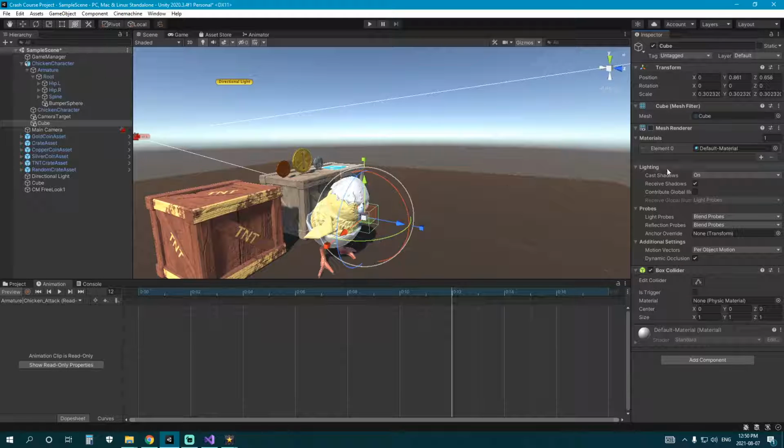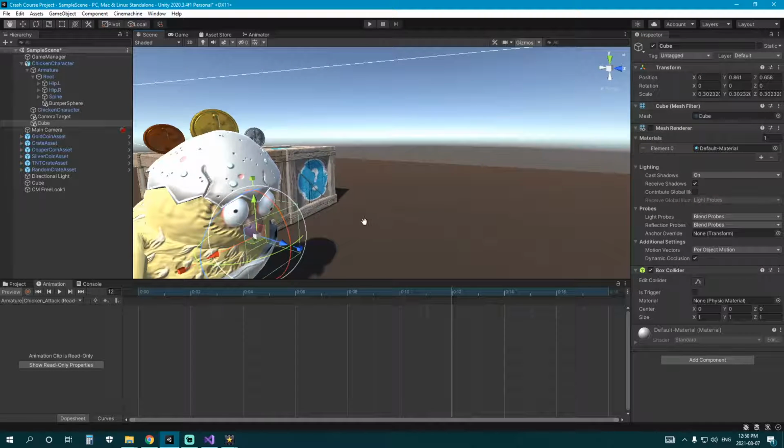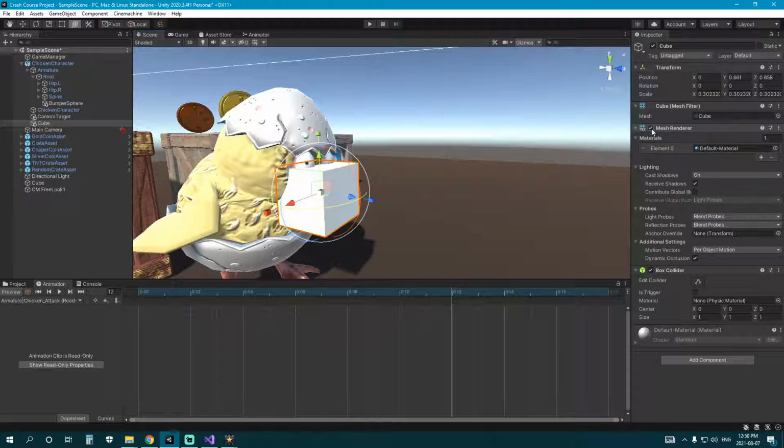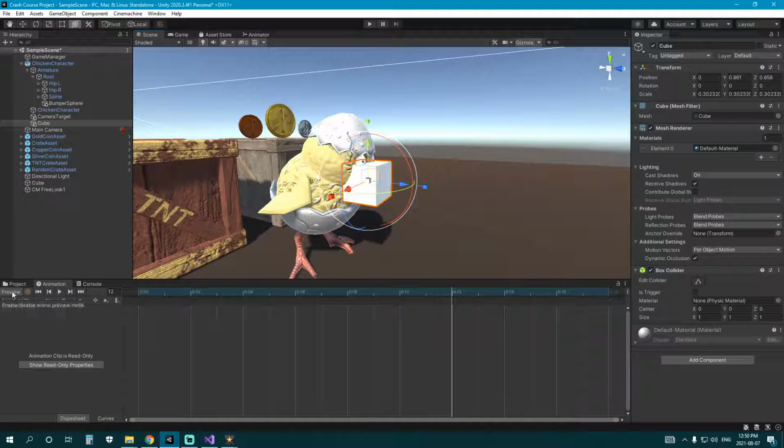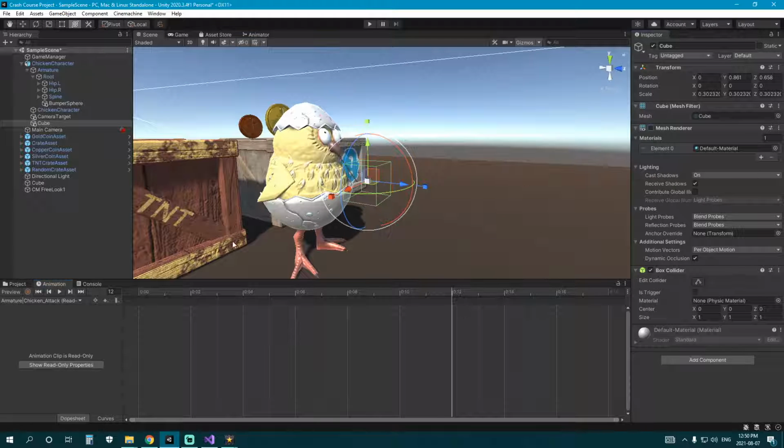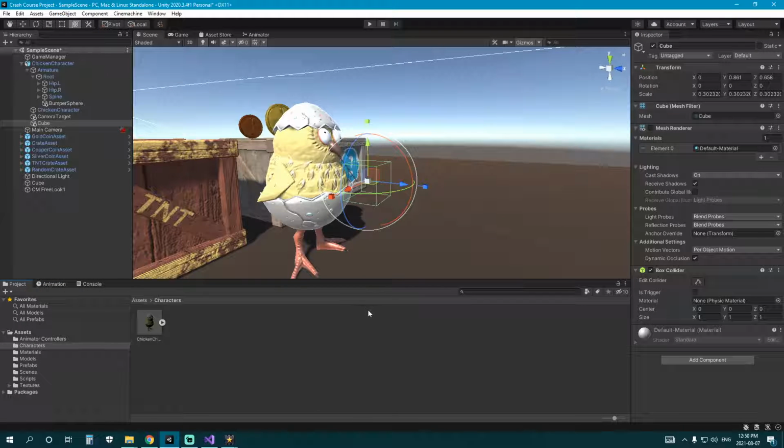I'll uncheck the mesh renderer there. It's okay to leave this here instead of actually just right-clicking and removing it. But if you definitely don't need it again, you can see the gizmo collider just fine. Maybe you can just delete this. But for me, I like to be able to turn this on and off if I want to change anything about it. So we'll leave that for now. Remove the preview mesh renderer. All right, and I'll rename this attack